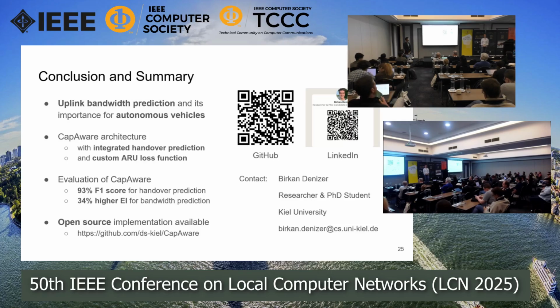In this work, we didn't compare against statistical approaches, but in my prior work from last year's LCN, I had some statistical baselines where I showed that some of the statistical baselines were better than predictive models. So I'm aware of this, and it depends on the prediction range. If we are making predictions for a couple of seconds, a predictive model is usually performing better, but when we look at prediction ranges of 5 to 10 seconds, maybe a statistical model is already performing better, which means that our prediction model is not doing its job in a good way.